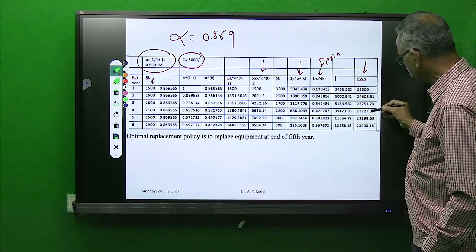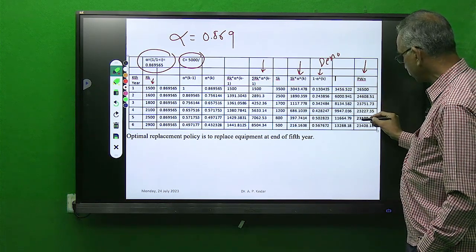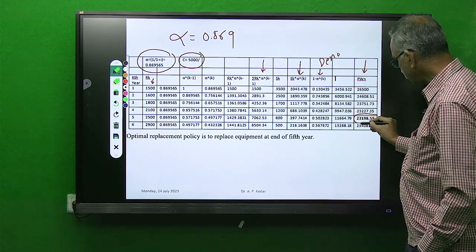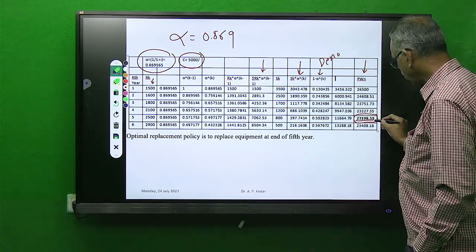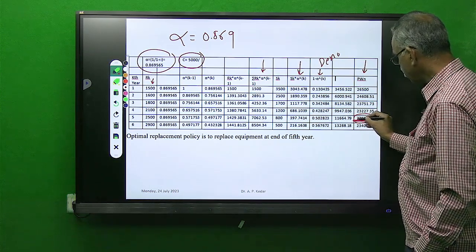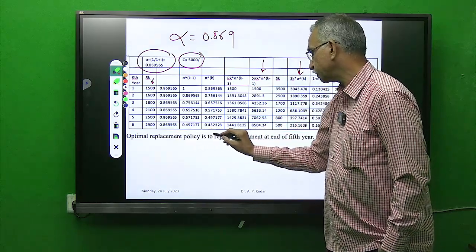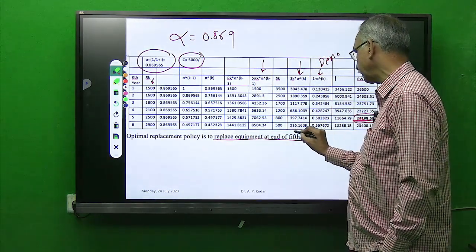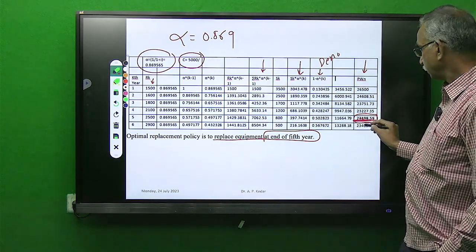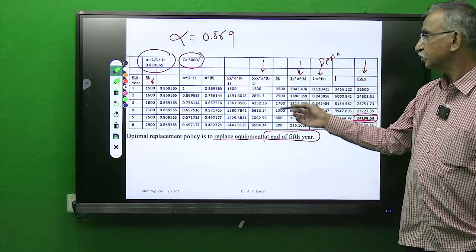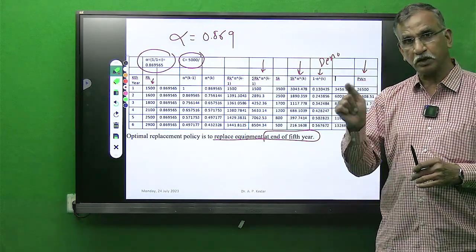And if you observe the trend, it is 26,000, 24,000, 23,000, 23. This one is the minimum value. And again you can see an increasing trend. So our highlight point is this answer, and this belongs to year 5, and therefore I have written that the optimal replacement policy is to replace the equipment at the end of 5 years, since for the 6th year it is increasing. So this is how problems pertaining to individual replacement models are solved in real life.